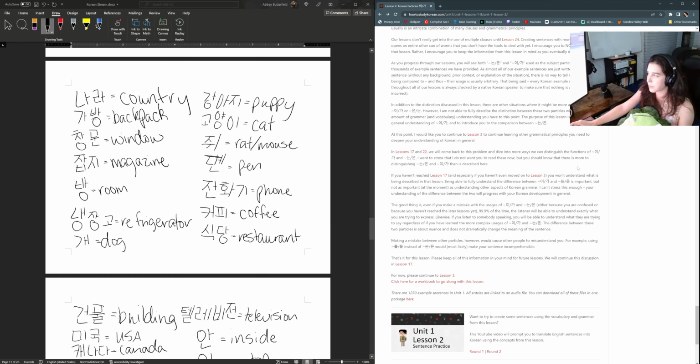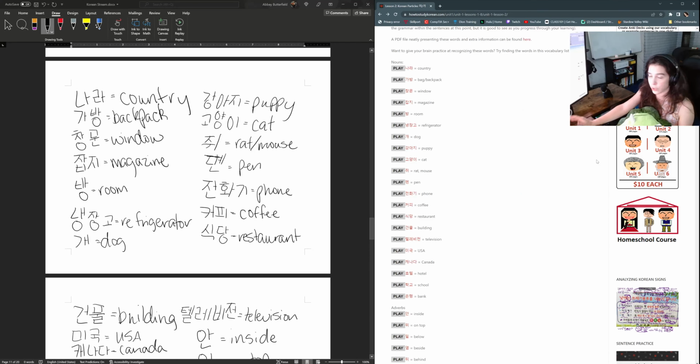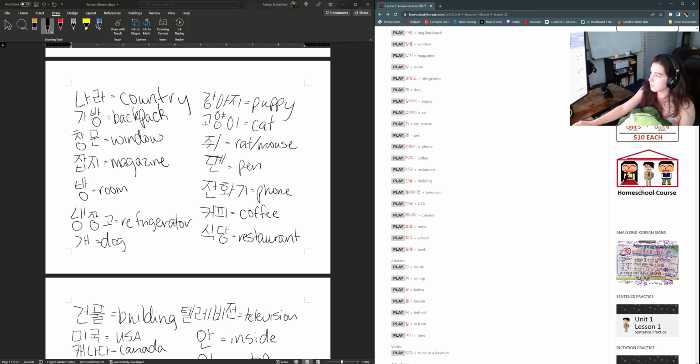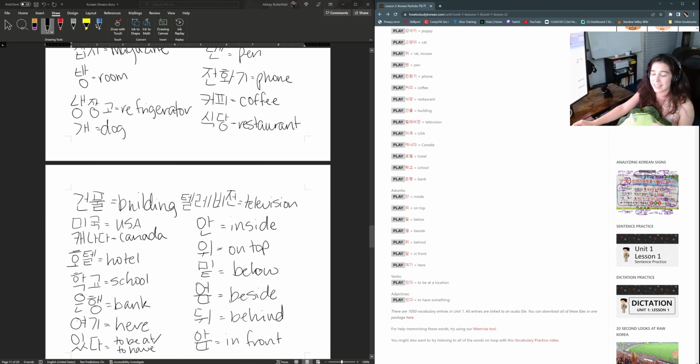And let's just go back through all of the words one more time that we're learning and that you should be learning for next week, starting with country, nara, habang, 창문, 낙지, 빵, 냉장고, 개, 강아지, 고양이, 주의, 펜, 전화기, 커피, 식당, 건물, 텔레비전, 미국, 캐나다, 호텔, 학교, 은행,